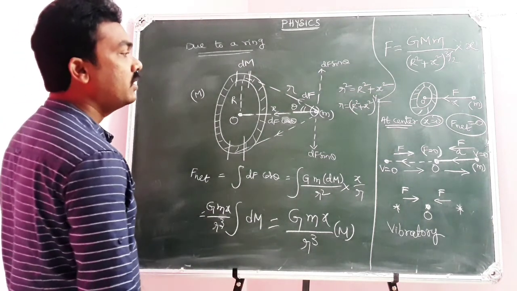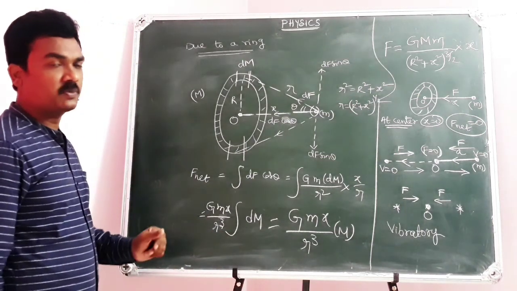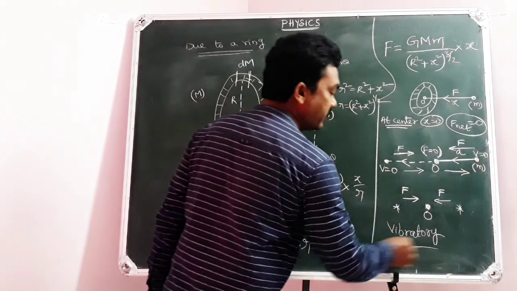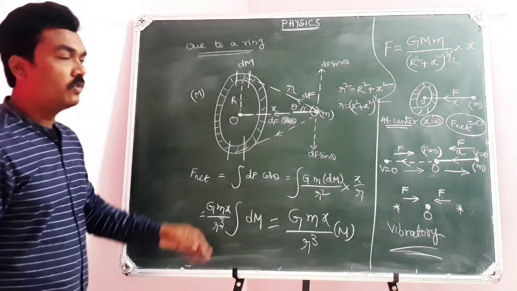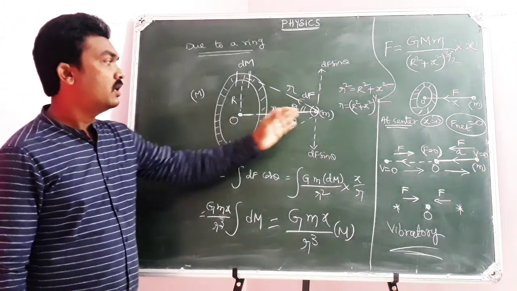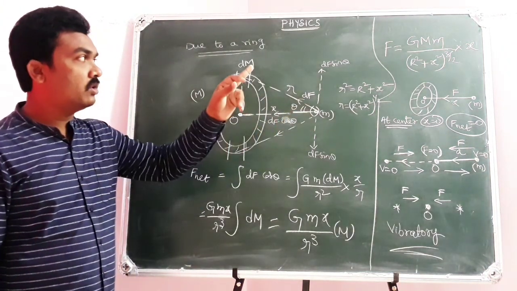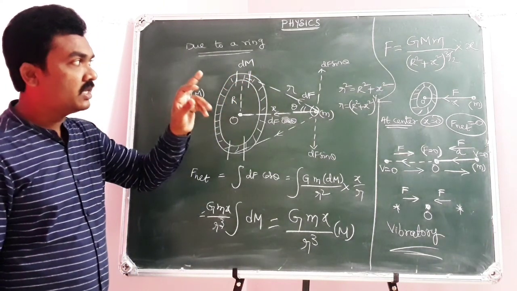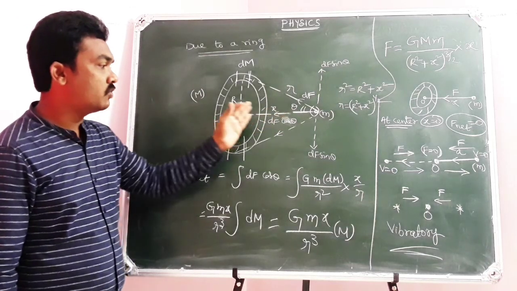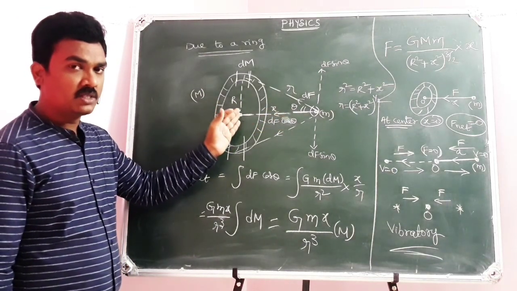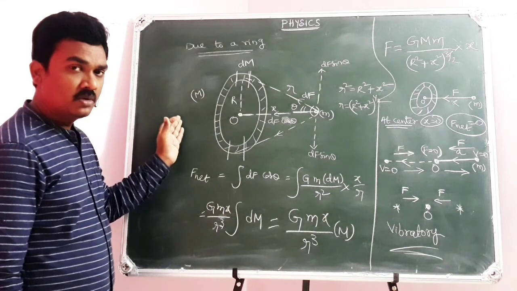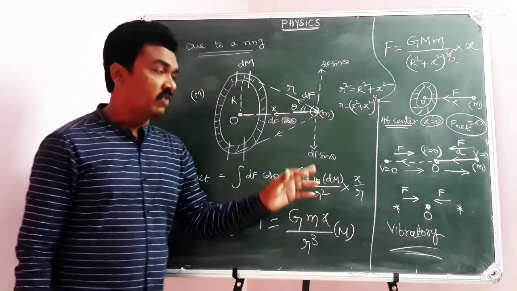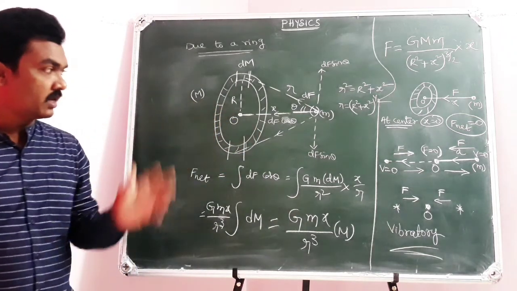But here there is an additional point to explain. Please note down, there are still a few more conditions to explain. The force of gravitation due to the ring on a point mass is F equal to G M m by (x square plus R square) whole power 3 by 2 into x. Now in that case, your point mass moves towards the center, comes to rest, but because of inertia will continue and again come back. So ultimately the point mass will execute a vibratory motion.